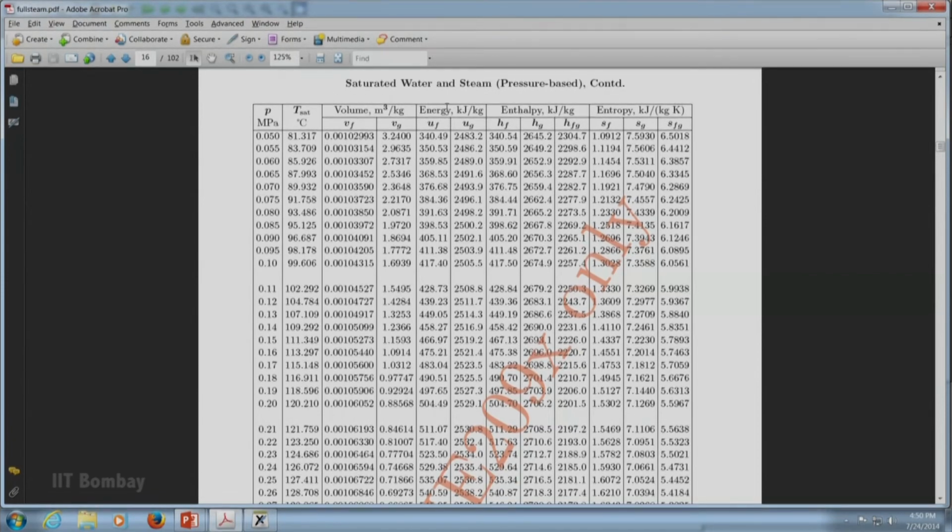This is volume, energy, enthalpy and entropy. Under entropy what you can see is you got SF and SG, saturated liquid line, saturated vapor line. So let us try to get these SF and SG values because these are the only values that are available to us from table number 2. So at 0.2 MPa this is my SF, 1.5302, and my SG is 7.1269. Let us write down these two values as SF and SG, and then we can compare them with the S that has been given in the problem.